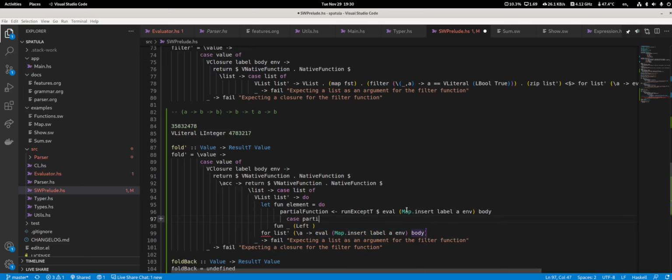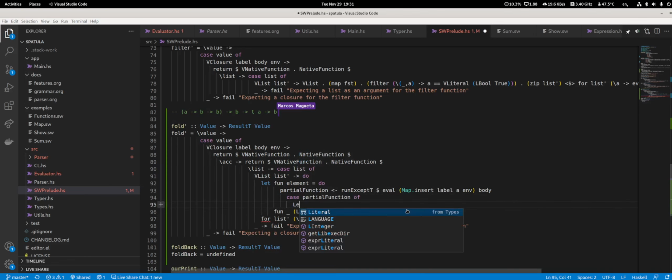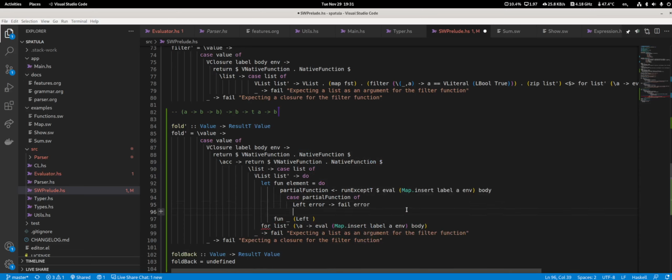Yeah, the val takes an expression, right? So if this is a left, we're going to have an error here, then we're going to fail with that error. And if we have a right, then we need to pass the accumulator to it because this will be a function. This thing,